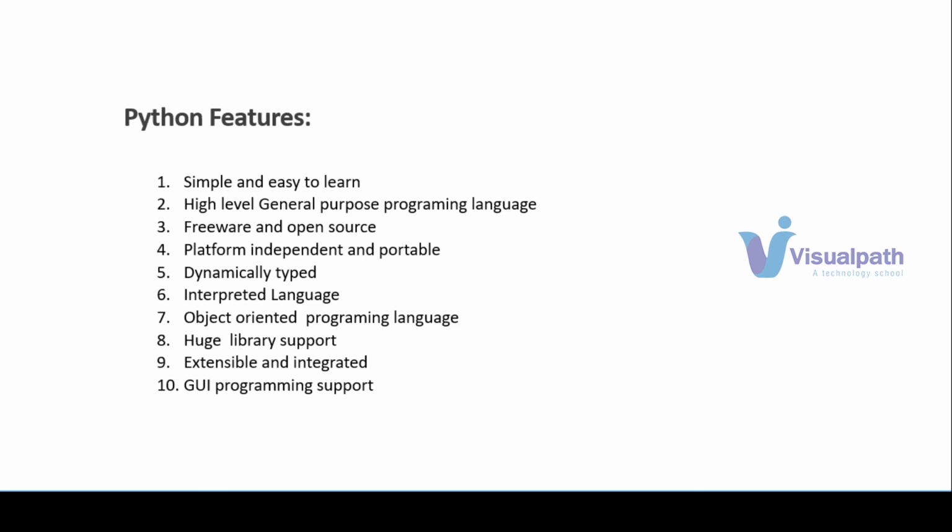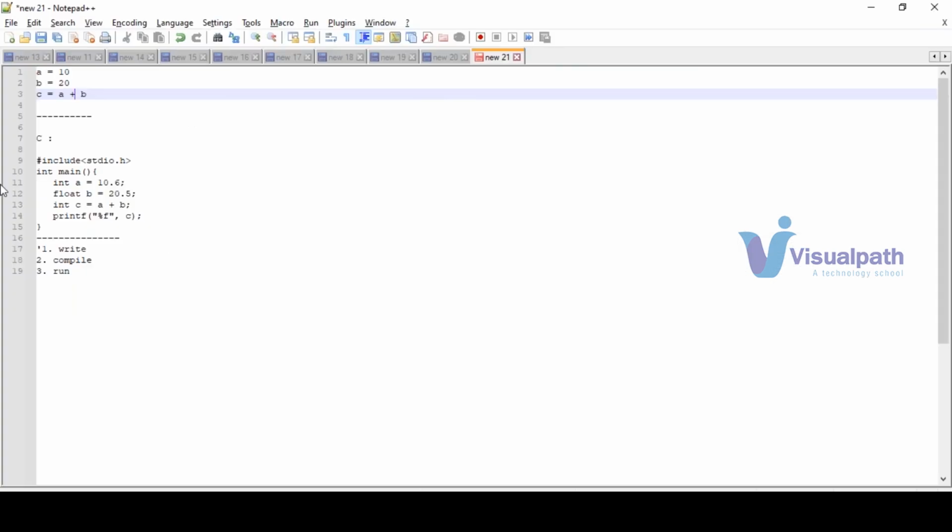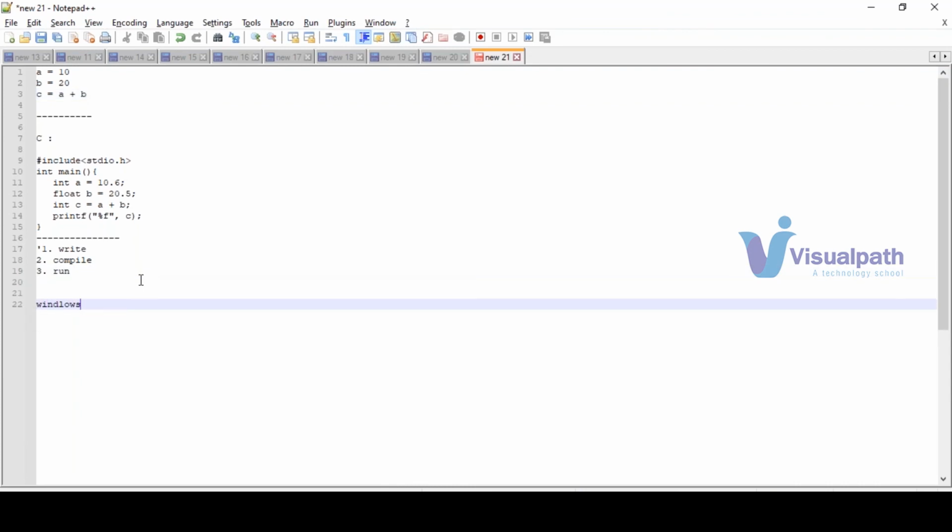The other thing is that it is platform independent. So what is the meaning of platform independent? What are the available platforms? In this case, platform is nothing but the operating system. So what platforms do you have? Windows. Any other? Linux.